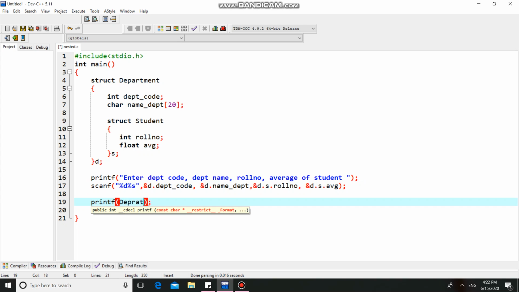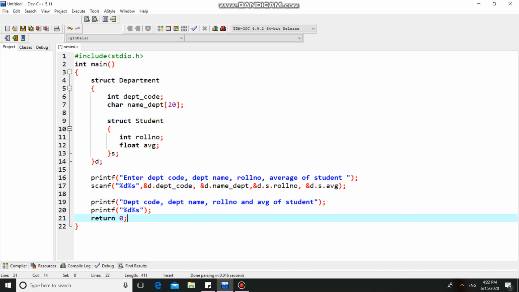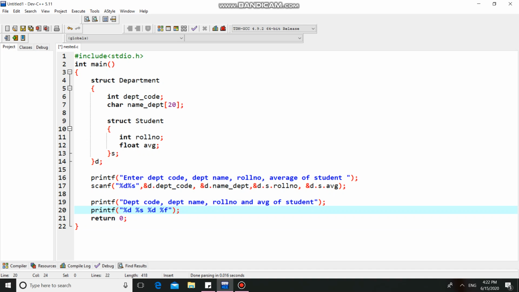We want to print this, so format specifiers first: department code is an integer, then we have a string, then roll number of student, then average of student, and then the variables.